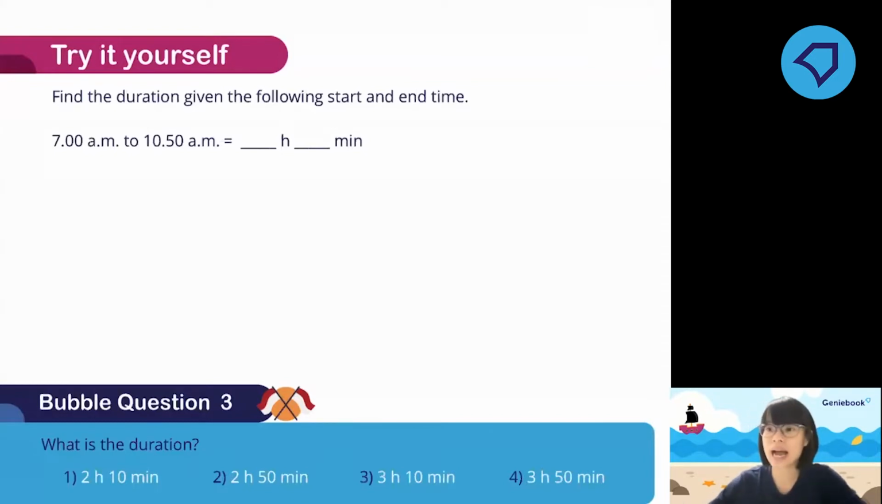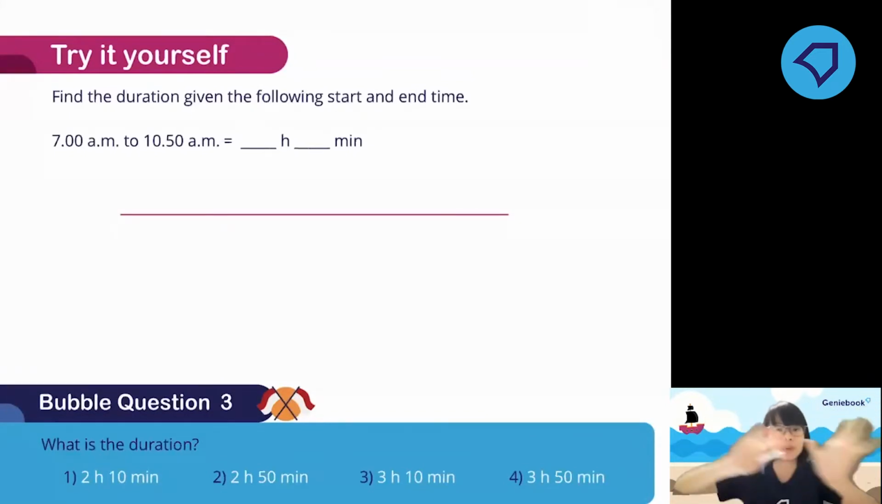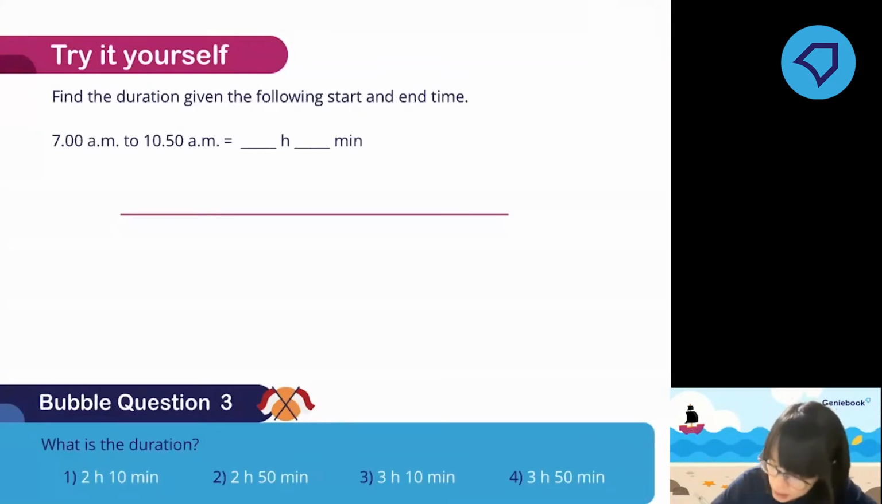Please draw your timeline over here, okay? So let's take a look. So again, for the timeline, we are going to do the hours first, and then we're going to do the minutes at the back, okay? So we're going to start from 7 a.m. to 10 a.m. Then from 10 a.m., we're going to find how many minutes do I need to reach to